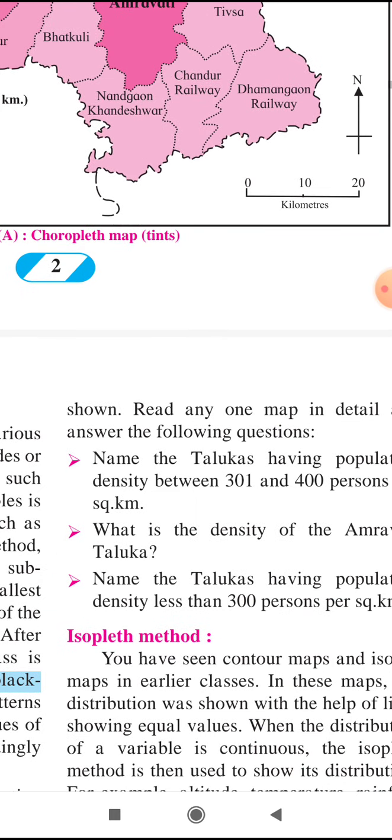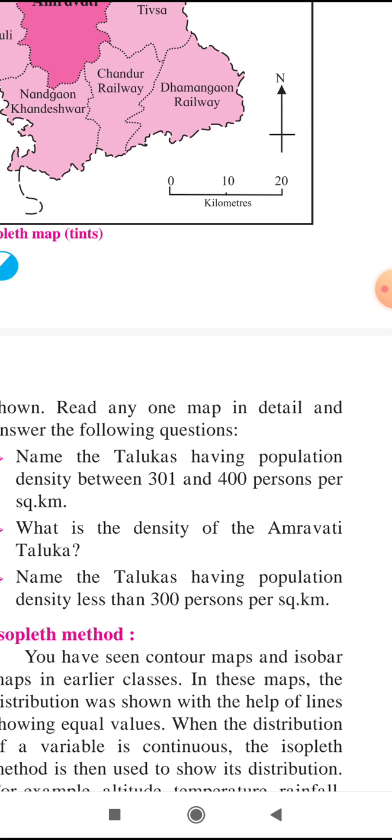The questions are given here. Name the talukas having population density between 301 and 400 persons per square kilometer. Which talukas show the population between 301 and 400 persons per square kilometer?